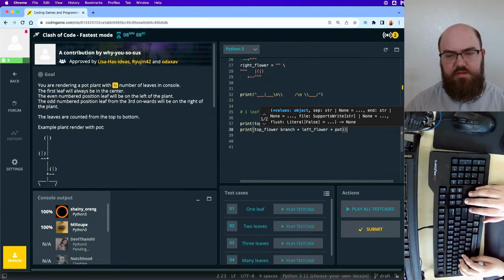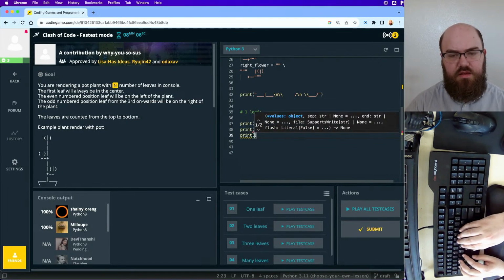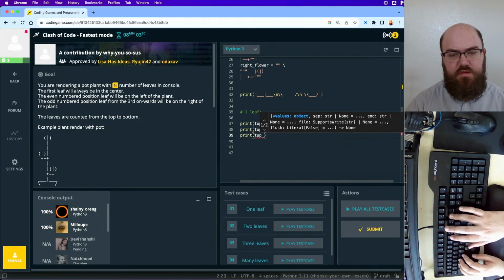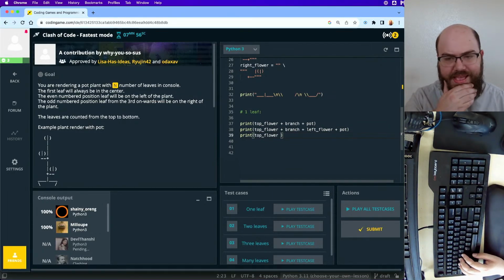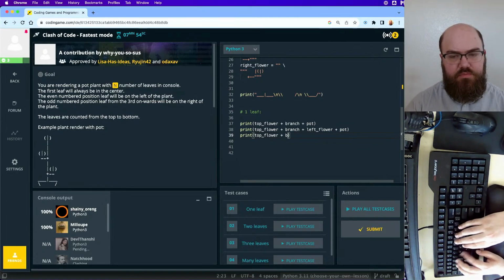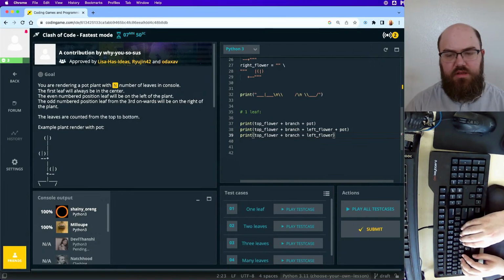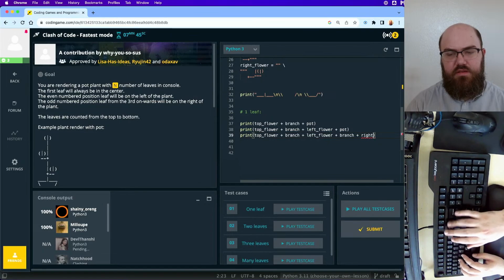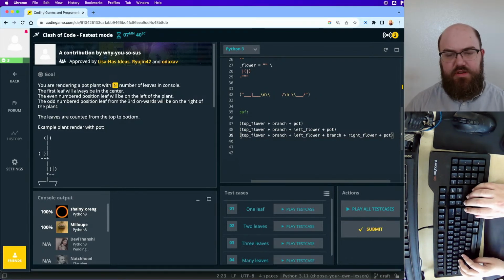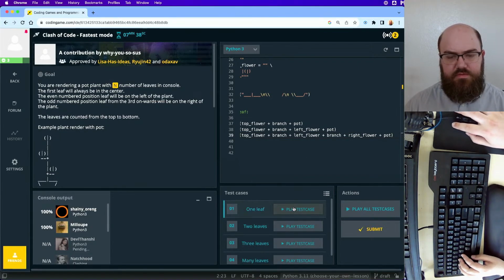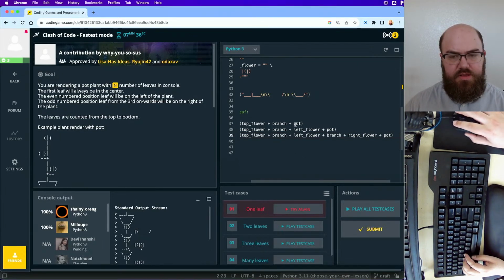Make sure that these things are looking okay. Top flower plus branch plus left flower plus branch right flower plus pot. Okay, I see the pattern emerging. Let's play the one leaf test case. Obviously it's gonna fail, but